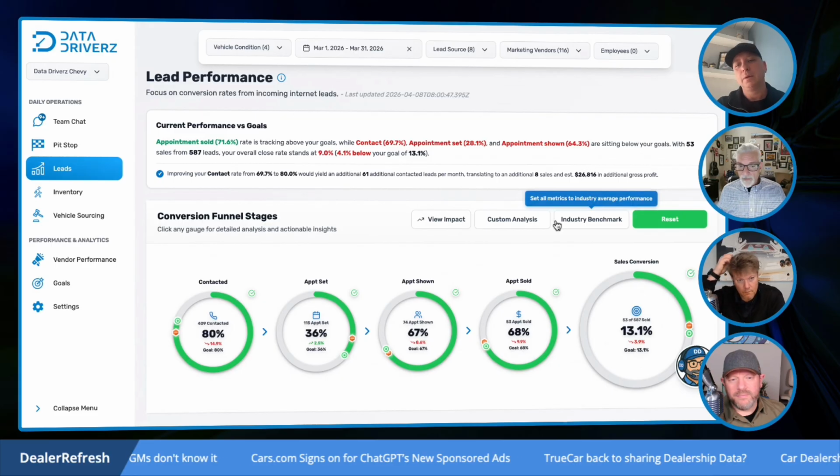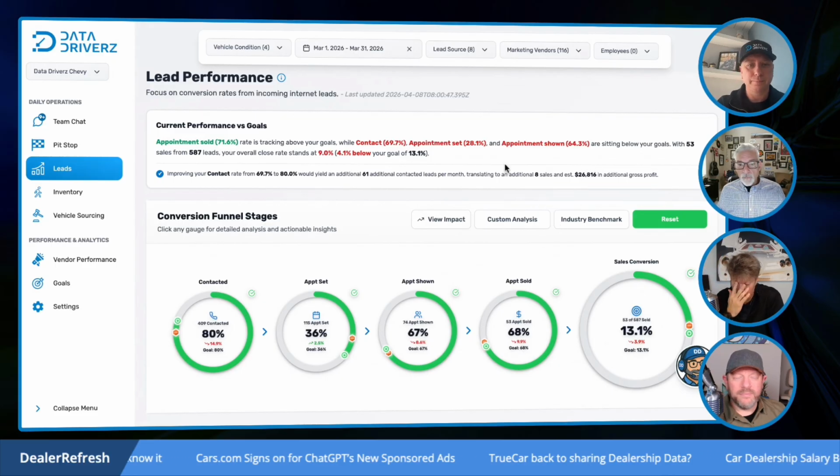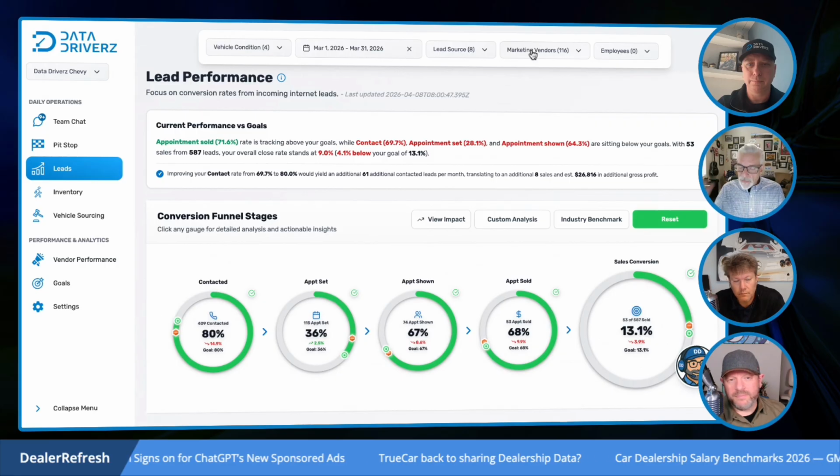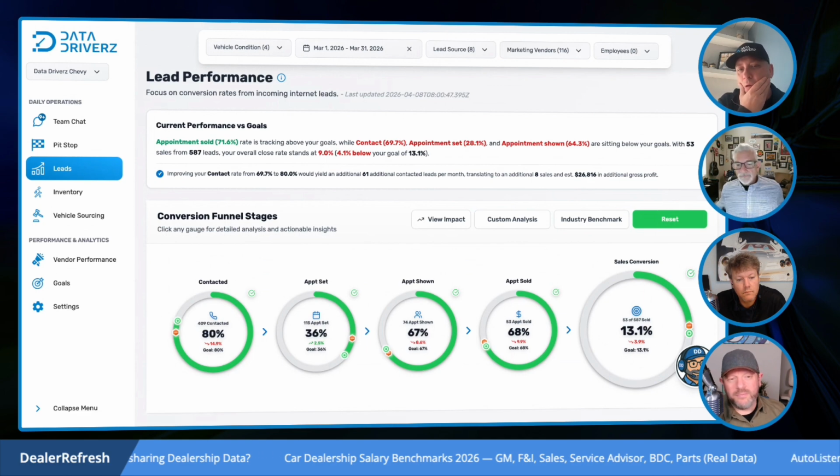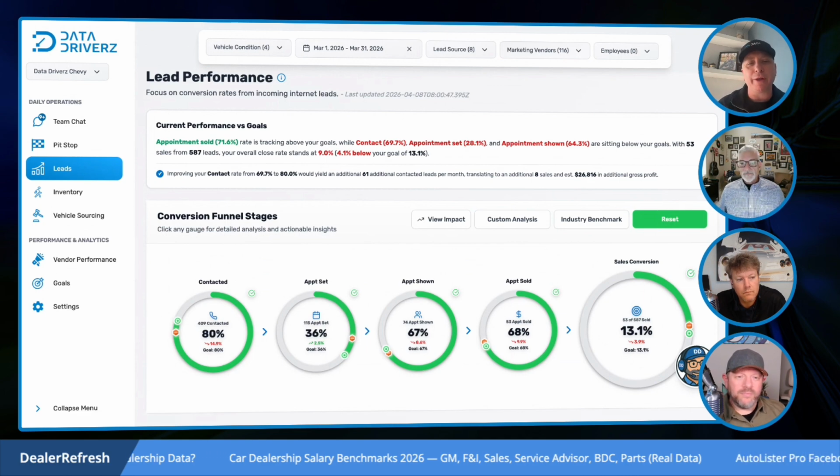How many leads did this marketing bring you? For every dollar you spend on marketing, you've got to be able to attribute that to a profit. And that's the hardest thing to do because, I know we're switching gears a little bit, but not only do we score the teammates, we score the marketing. Every dollar I spent in marketing, what did I get back? Can you see that we're on the lead management page right now?